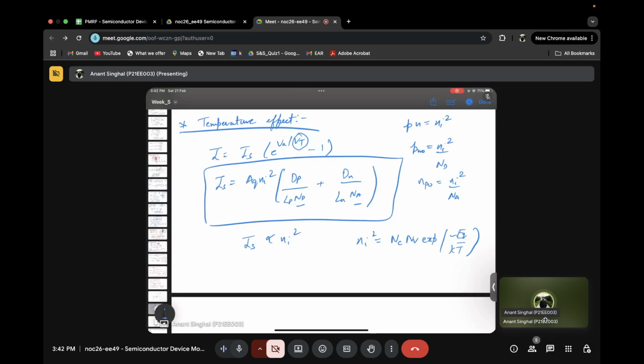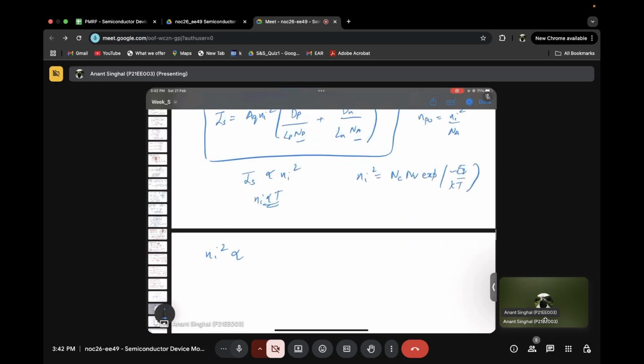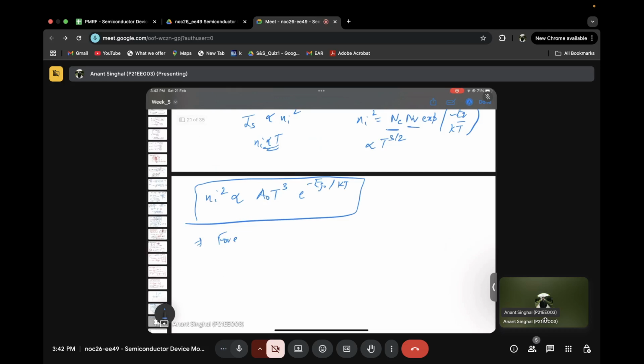So what we can clearly see now is that Ni itself is a very strong function of temperature. Since Nc and Nv are also dependent upon T to the power 3/2, Ni square is something like A naught T cube e to the power minus Eg naught over kT. So Ni is a very strong function of temperature. In general, for every 10 degree rise in temperature,